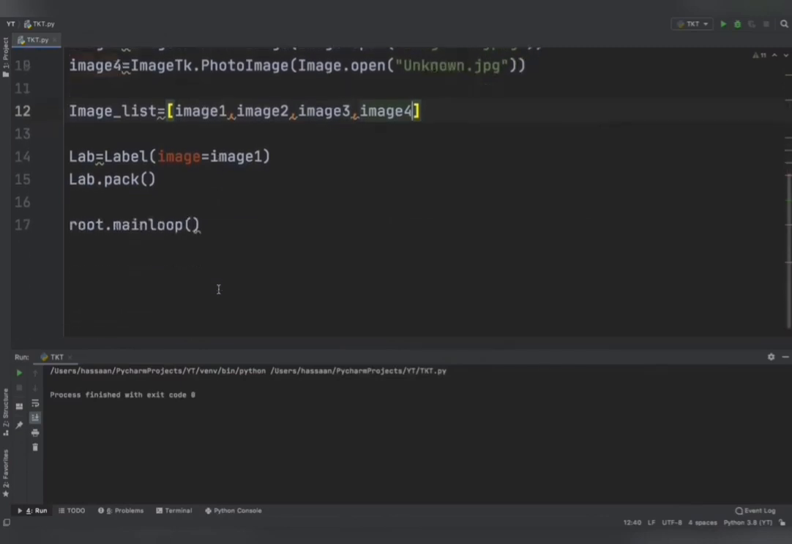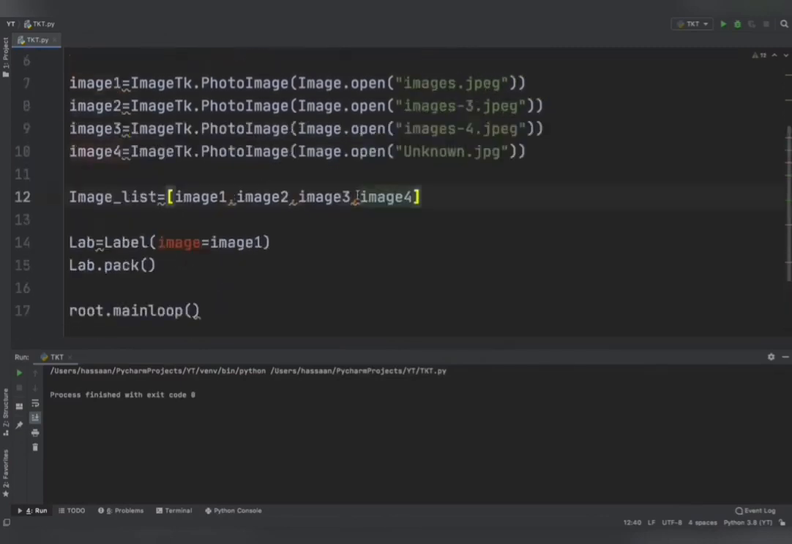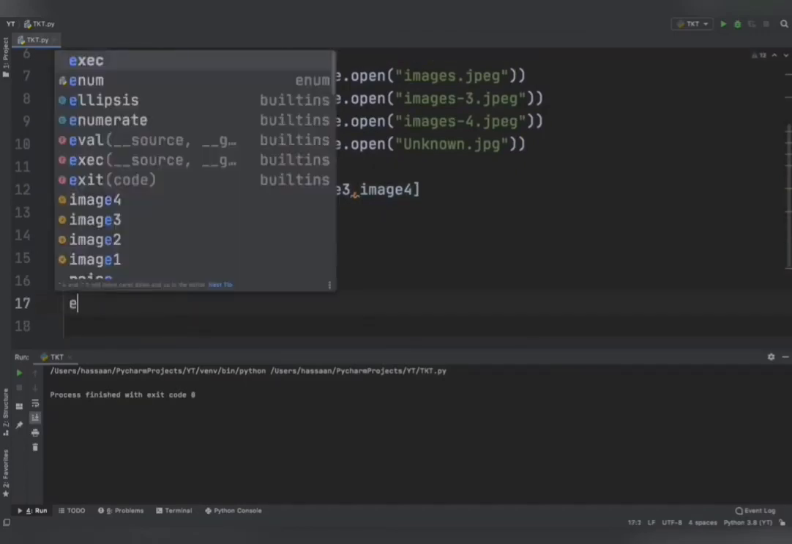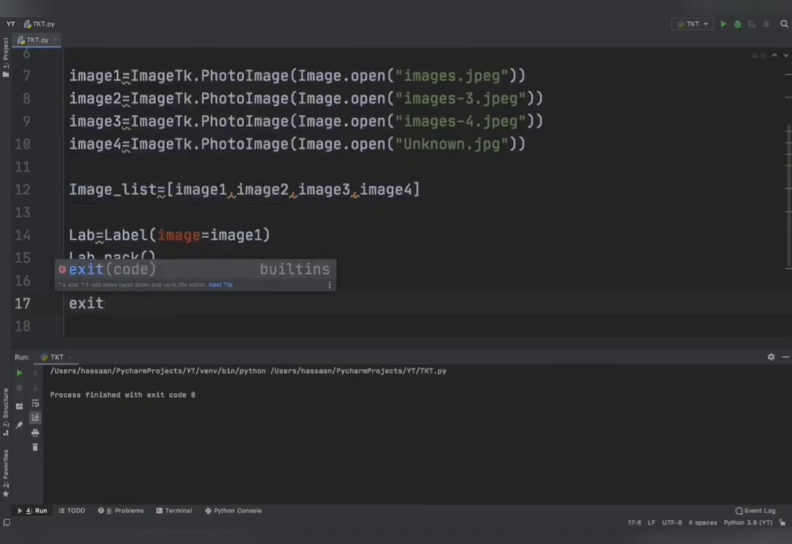So now that our list is created, let's make buttons. For example, exit button, previous button and next button. So first button is exit button. I will name it as exit_button equals Button,